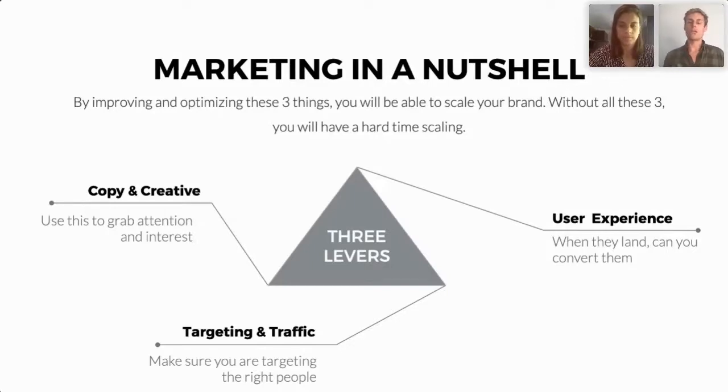Now, a lot of the questions we get is, okay, what's your target ROAS, or how much should I spend? A good rule of thumb is that we try and stay within the 2 to 4 ROAS range. The reason I say this is because if you are below a 2 ROAS, you shouldn't be scaling, you should be optimizing. If you're above a 4 ROAS, you should be scaling,